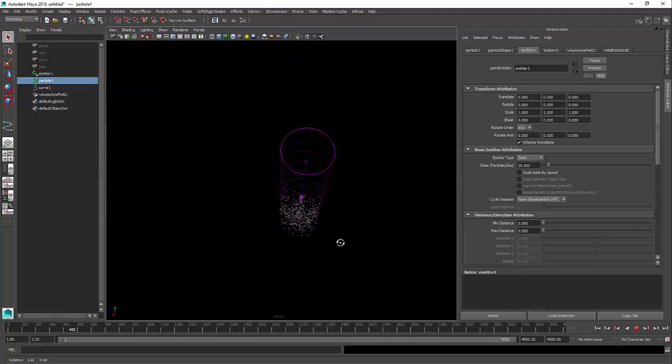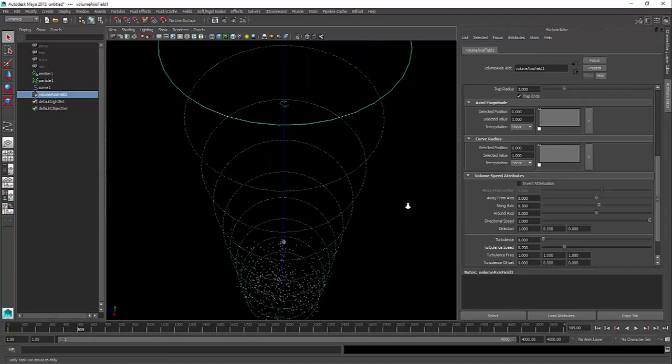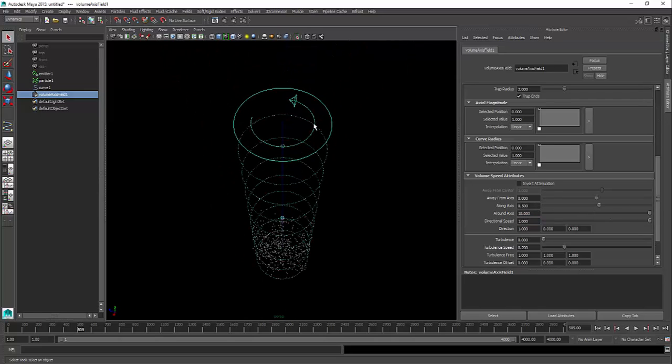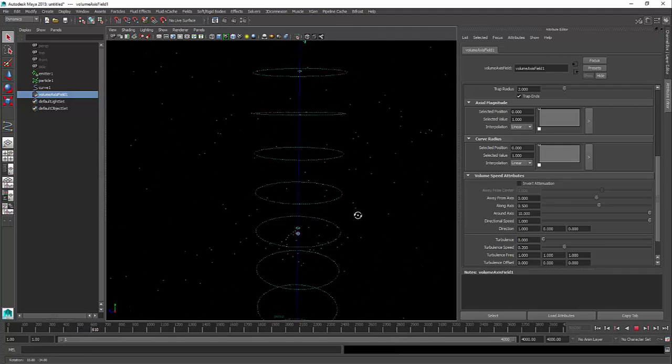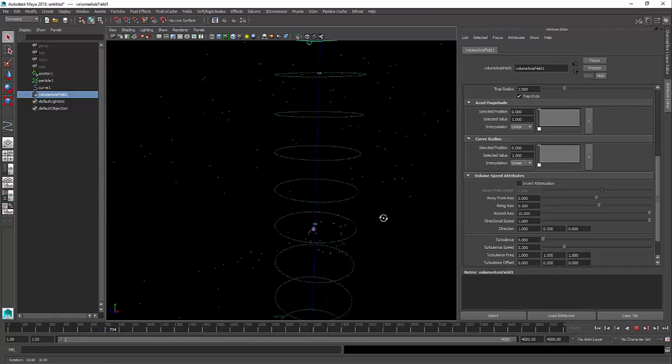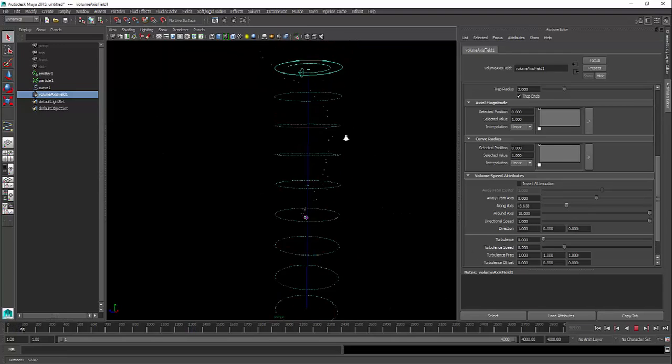So if I look at this, I can see my particles are spinning, and let's say directional speed, let's say around axis. So I've got 10 around axis, and you can see now these guys are spinning out. So they're spinning as they come off, and I'm going to go negative along that axis. So now they'll spin kind of up. Let's rewind that. So now they're spinning kind of up,